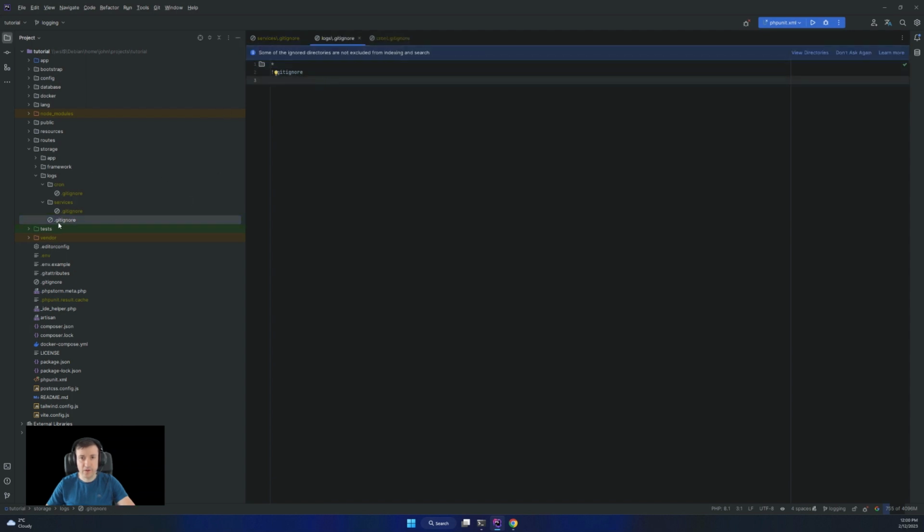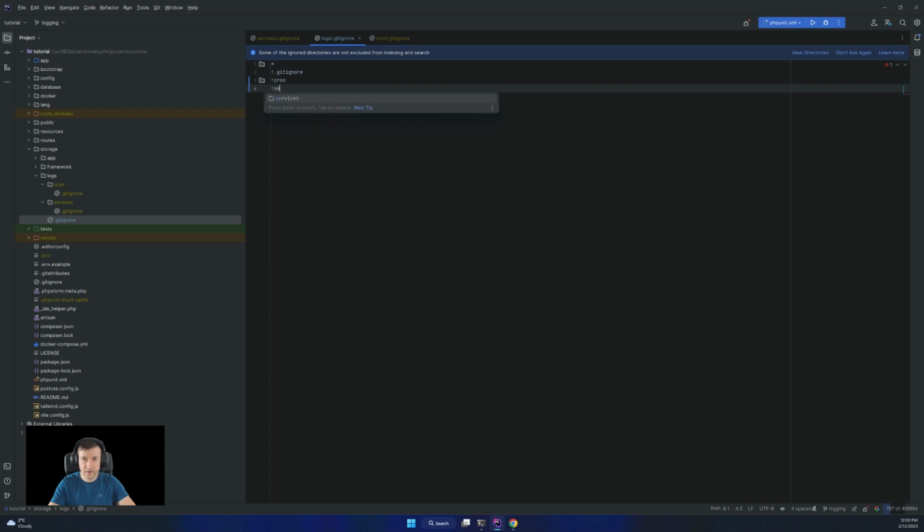And for the initial .gitignore, I'm not going to ignore cron and not going to ignore services, so those two .gitignores can work and be committed. This will be the initial change.